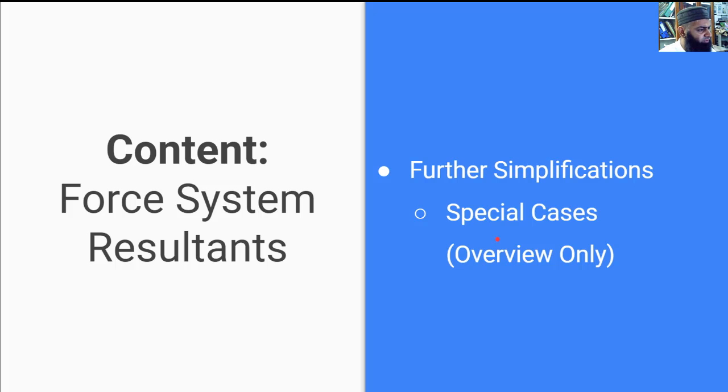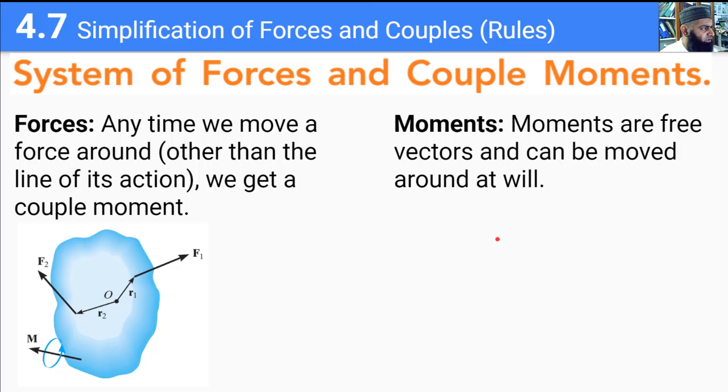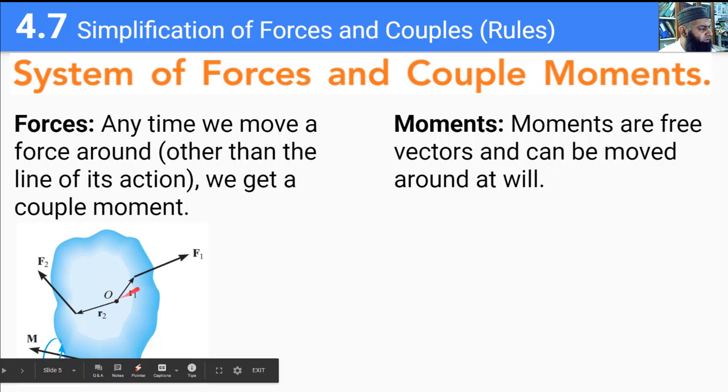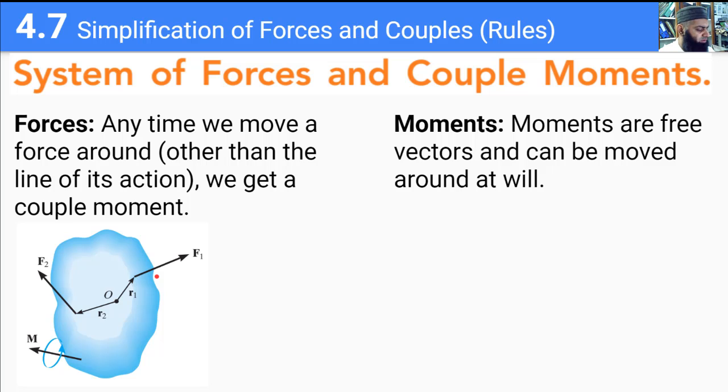So just to reiterate what we studied in the last lecture: whenever we have a rigid body with multiple forces and multiple moments acting on it, we can simplify our system by representing all the forces as one equivalent force at a point and one equivalent couple moment at the same point. This simplification is generic in the sense that we can choose any point O as our reference point, and then bring all the forces to that point.